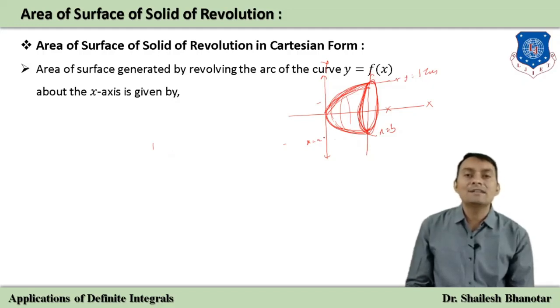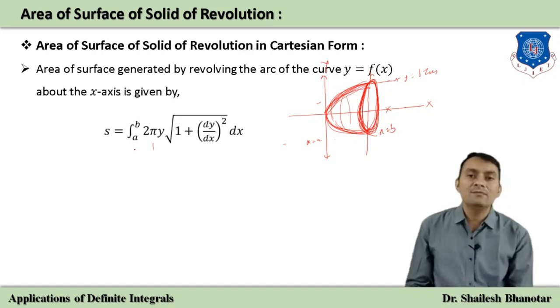After revolving about the x-axis, whenever we revolve about the x-axis, we are going to focus on this curve, whatever you can see, that is the planes; this will be the circle and the outer part of this one. So our surface area S is defined by the integration a to b, but I am just going to focus on this circle. So what will be the circumference of this circle?